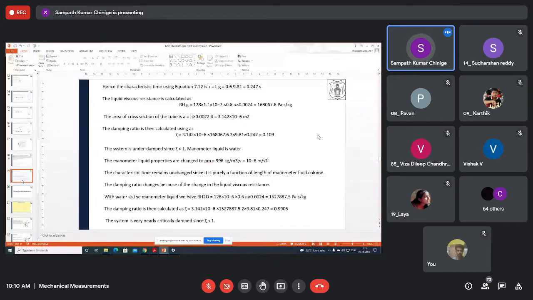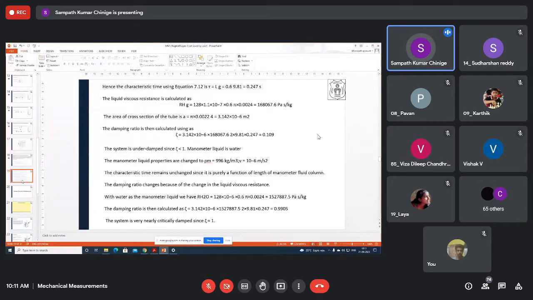The important feature of these diaphragm and bellows gauges is that they protect the instrument from higher loads, because the fluid will not directly influence the pressure measurement. It impacts the layer that is in between the pointer and this small mechanism. So what happens is this fluid will directly hit the diaphragm, and the diaphragm displaces, and the displacement will be transferred to the pointer through a suitable mechanism.